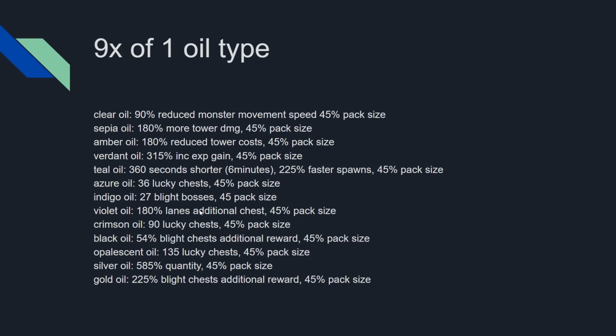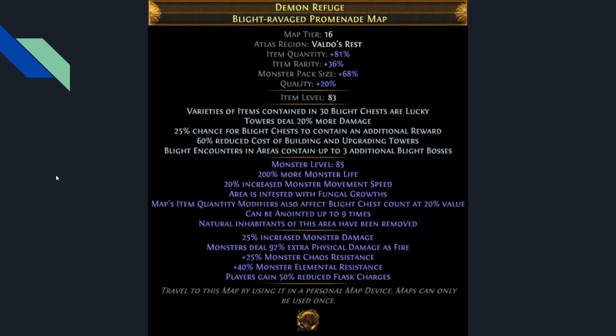And then maybe a budget version, which would be like Azure and Violet, no, black oil. So crimson, black oil, which is what we've done before, 2 crimson, 1 black. So maybe 1 or 2 opalescent and a gold oil. Yeah, that's pretty cool. I'm really excited to AFK Blight Ravaged Blight maps, but also this buffs